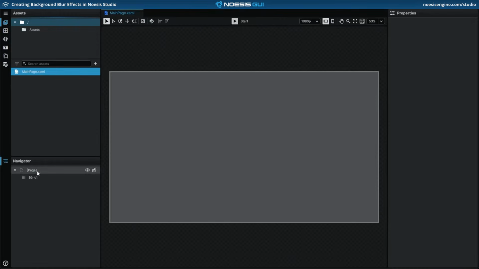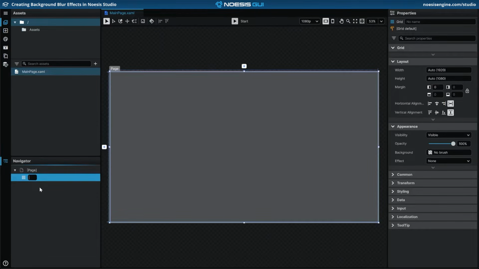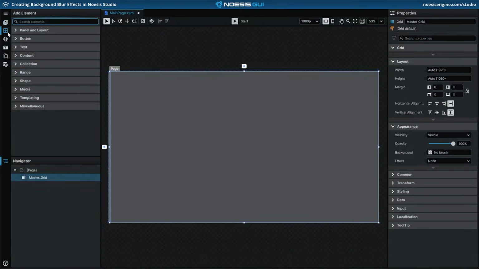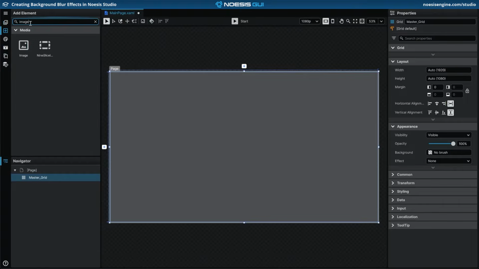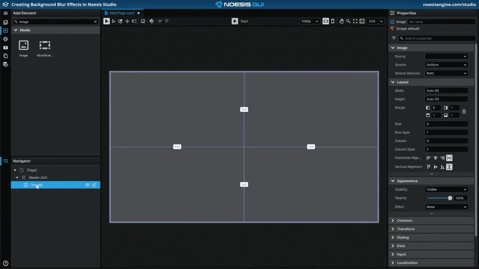First, we'll just go ahead and double click on our root grid in the page and rename it to master_grid. Then, we'll pop over to the Add Element panel on the left of the screen, which you can also access by hitting Ctrl and 2 on the keyboard. At the top of this panel, we'll do a search for the image element. Once found, we'll drag an instance into our page's grid, and we'll then rename it to